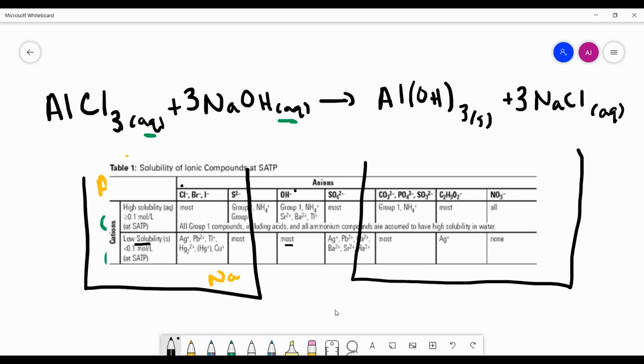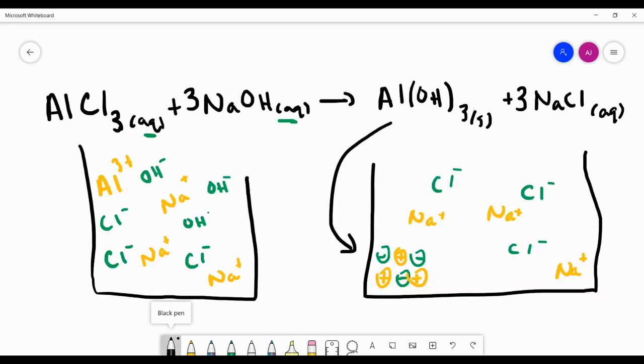Let's now represent that visually in terms of what we might see in a particle diagram. Okay, so here's the little particle diagram of my products. So what happens when we precipitate? The ions come together and they're held together, and we start to see a solid forming. More often than not, it forms at the bottom because it's more dense than the liquid for most ionic compounds. And then the other ions, well, even though we write it as a second product compound, the sodium and chloride are not connected in reality. They're just free ions